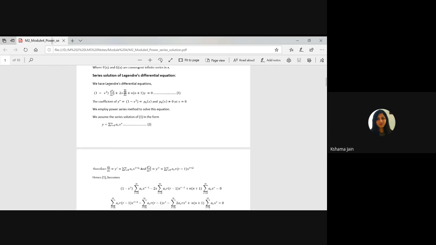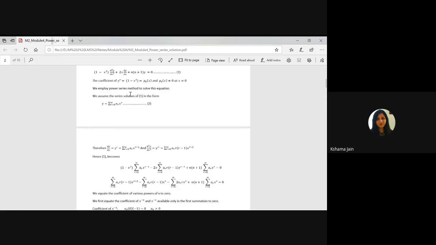Okay. First, what will you check? That this term should be non-zero. We know how to make a second order differential equation: the coefficient of d2y by dx square must be non-zero. So 1 minus x square must not be equal to 0. This is given here. Directly we are checking that at x equals 0, when we put x equals 0, we don't get 1 minus x square as 0. That will come 1 only. So this is non-zero, so this is a second order differential equation.